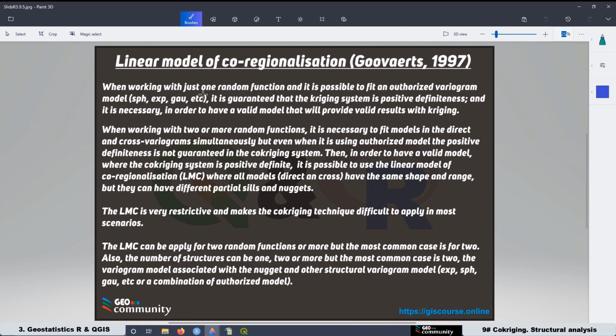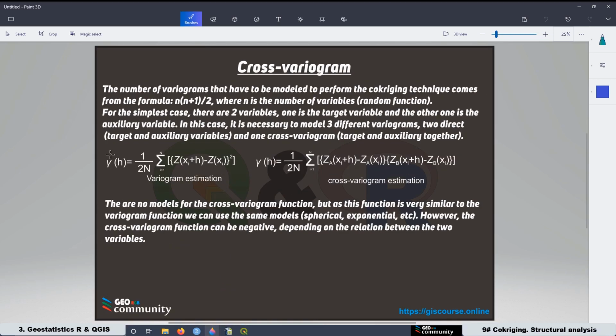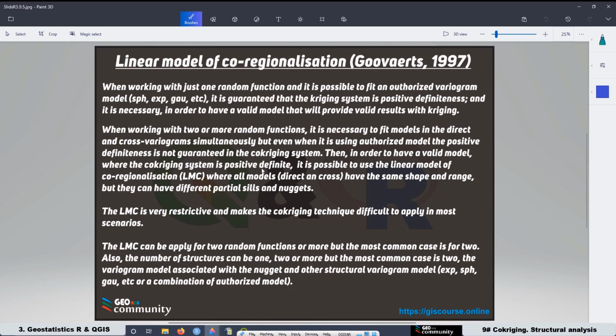When we are working with just one random function, it means that we are using this formula over here. And it is possible to fit an authorized variogram model on the experimental semi-variogram. These authorized models are the spherical, the exponential, the Gaussian, etc. It is guaranteed that the kriging system is positive definite. And this condition of being positive definite is necessary in order to have a valid model that will provide valid